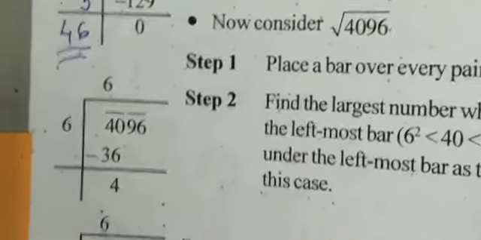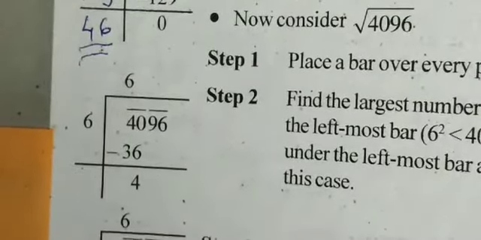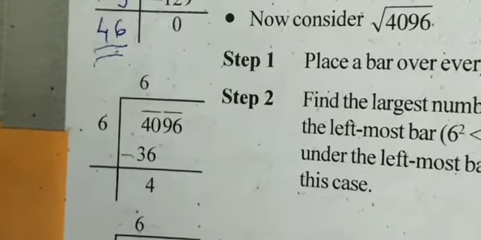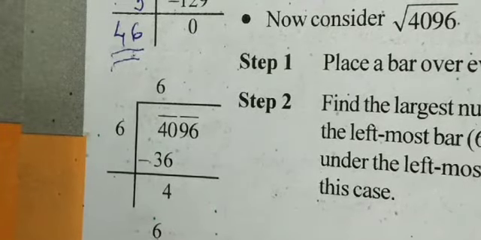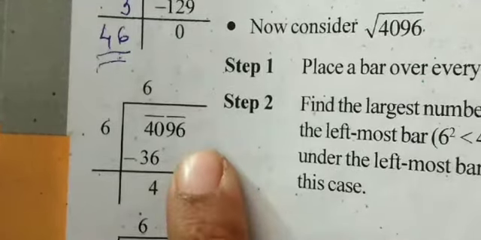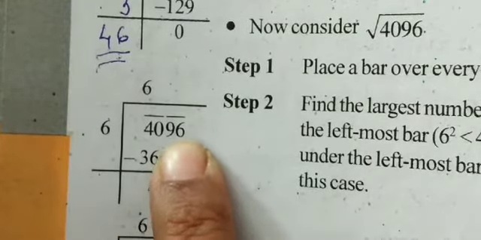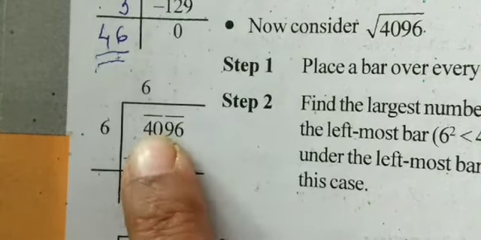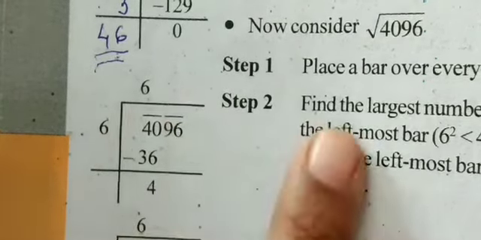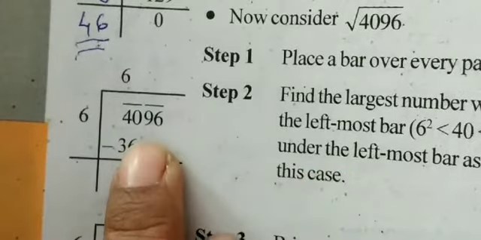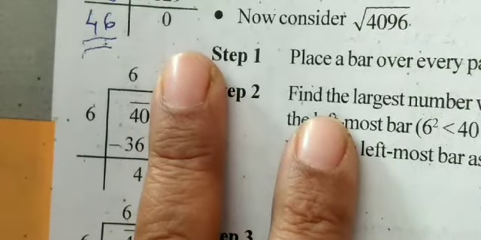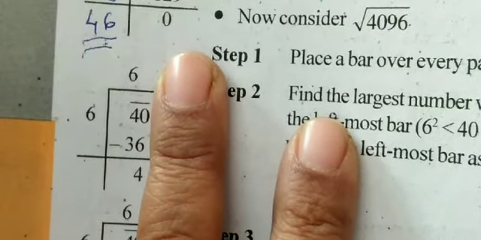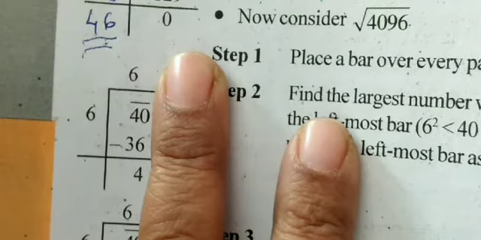Here you have the next number 4096. Okay, now the number of digits over here, it's even number. Start pairing from behind, from 1's digit 1 2, उसके ऊपर बार लगाइए, फिर 0 4 बार लगा दीजिए. तो we have 2 pairs. Now we have to start with the first pair. हमारे पास पहला पेयर कौन सा है? 40. तो now you have to go for such squares which is near to 40.